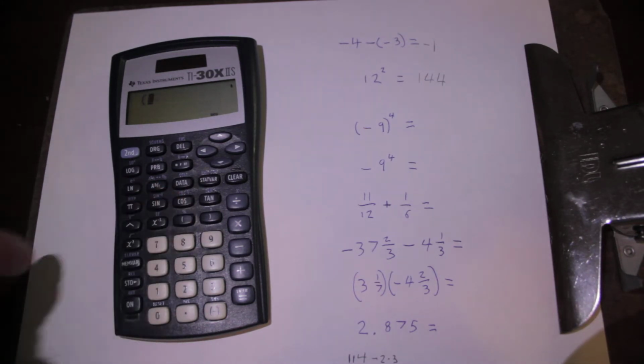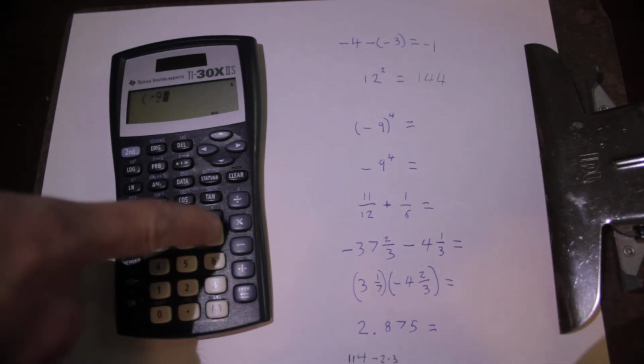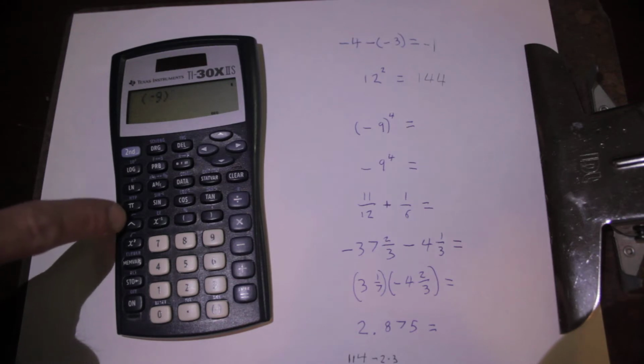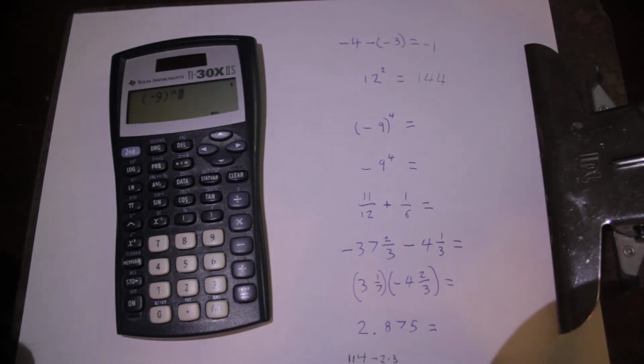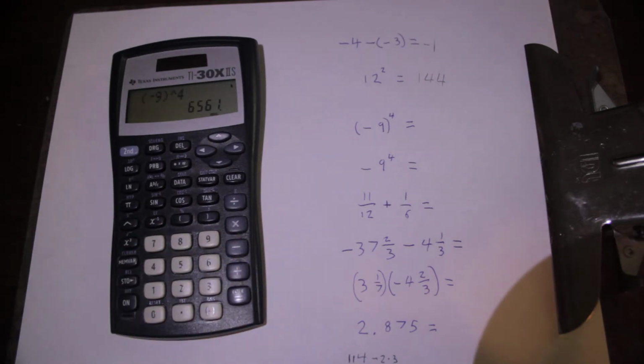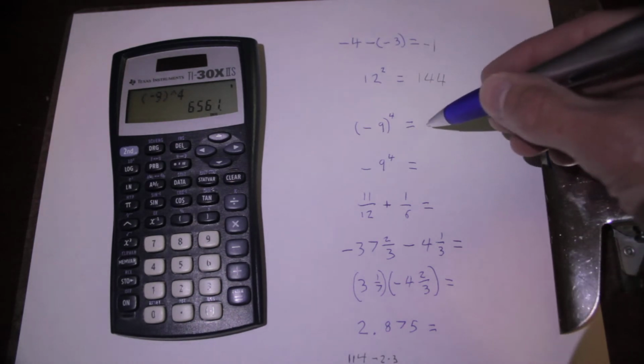Now we have -9 raised to the 4th power, where -9 is in parentheses. Make sure you open a parenthesis, type your -9, close your parenthesis. To get any exponent besides a 2, we need to use this caret button right above the x squared button. So -9 to the power of 4 is equal to a positive